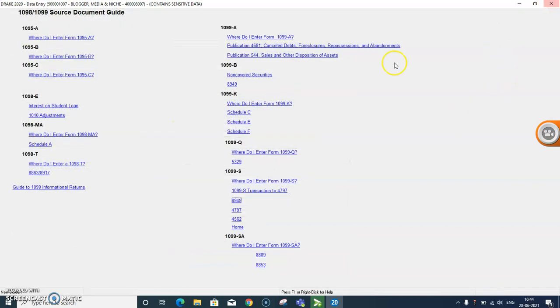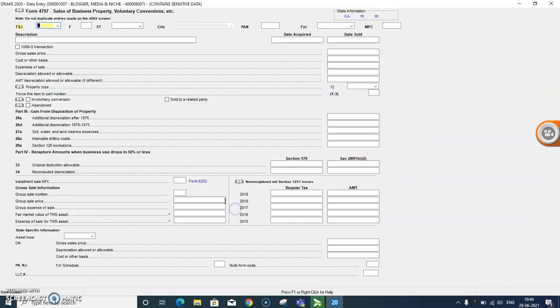Now coming to 4797, this is basically for sale of business property and involuntary conversion. What I have just discussed, if it is business property or any rental property, then you can see the 1099 transaction detail, the description of the property, date of acquisition, date of sale, gross sales price, cost or other basis, expenses of sale, depreciation, inventory value, conversion, abandoned.